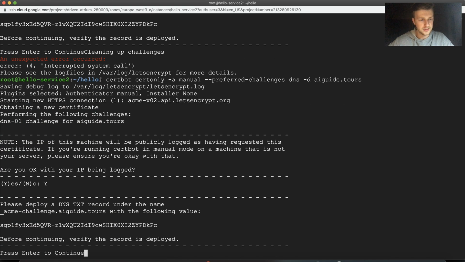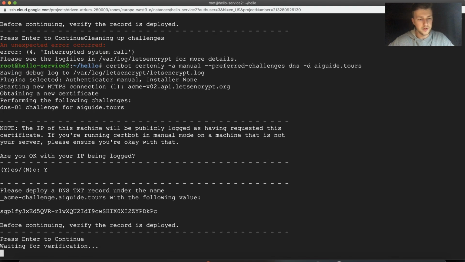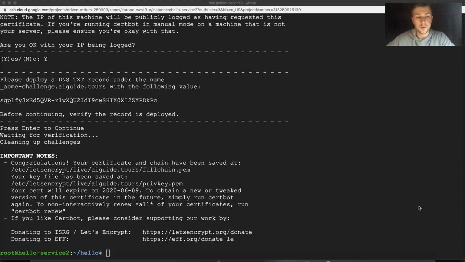So yes, it shows yes. Please deploy. We entered, and of course it's not so fast, you know. So we are waiting for verification. Once it's done, okay, I just closed the video recording, and it's just approved. So it was super fast. I still can't understand how fast it is; like 5 years ago it was a lot longer, but yeah. So now you see that we have a congratulations, your certificate and chain have been saved at